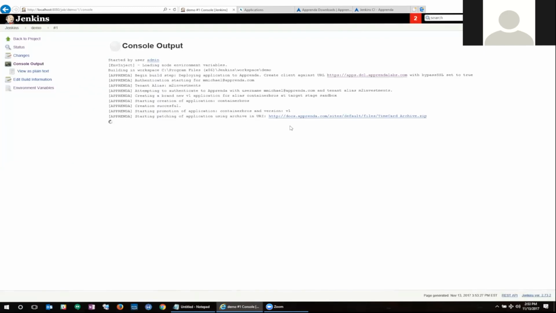And here it's showing me that, against the apps.dc1 Apprenda Labs environment, it authenticated me as Michael, and it started creating some of the application components for my Container Bros app, uploading the archive that I have provided to it, and then it's going to patch that application into the sandbox stage, which is what I defined. This process only takes less than a minute, but it's important here to note a couple of things